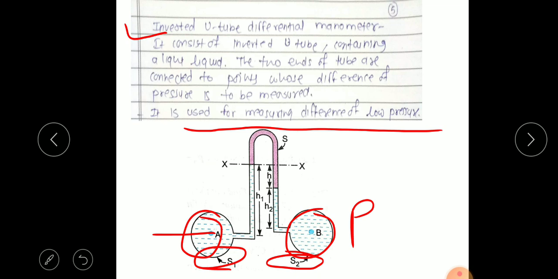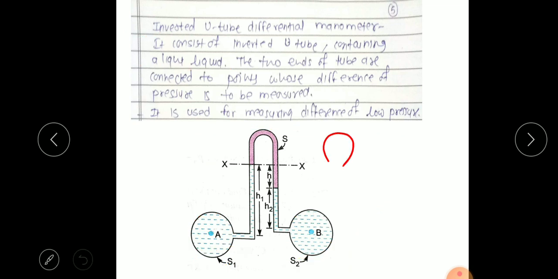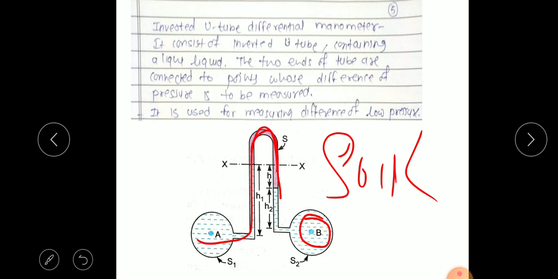Now in this case the liquid used is not a heavier liquid. The lighter liquid is used, that is, a liquid whose density is lower than the density of the fluid for which we are measuring the pressure. So the manometric fluid may be oil or any other, having less density than the fluid we are measuring the pressure of. When the pressure is more, it will displace the lighter liquid. As the density is lower, it will be displaced in more quantity, so we can use it to measure